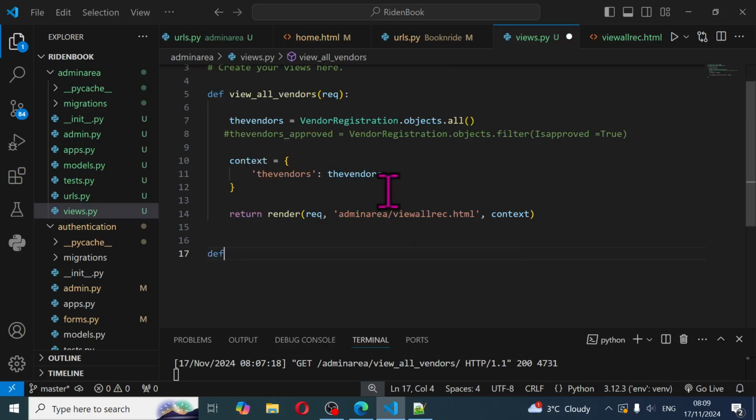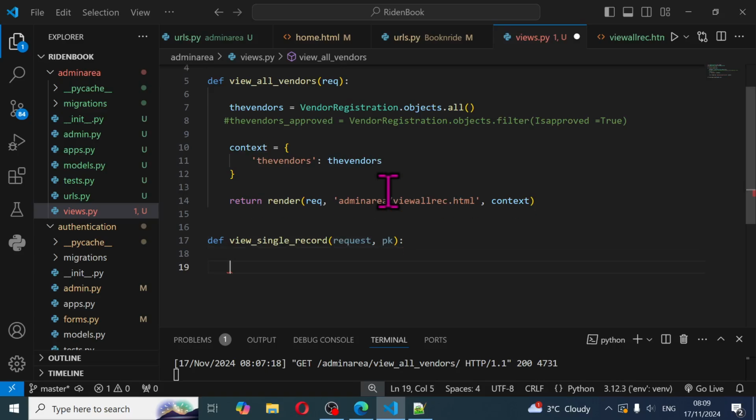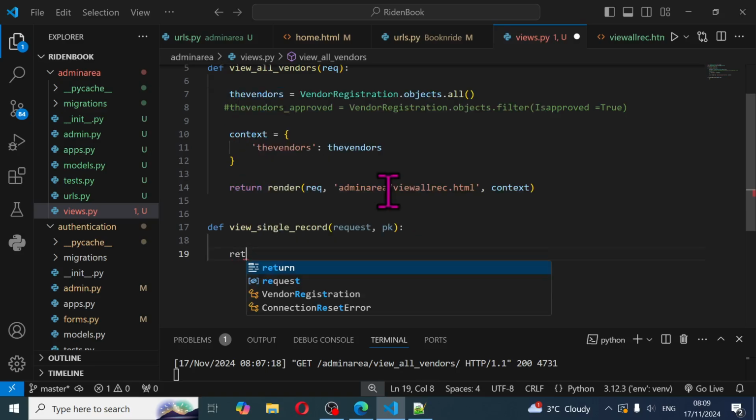So I would say def, I'll call it whatever I want, view_single_record, and then open parenthesis, and then you need to say request, and then comma, but this time around we need to add a pk. I will explain to you, and then you come in here and put a colon, press enter, and then return